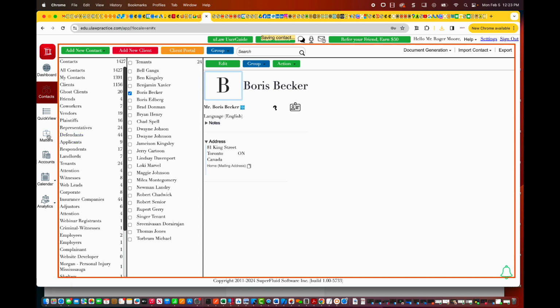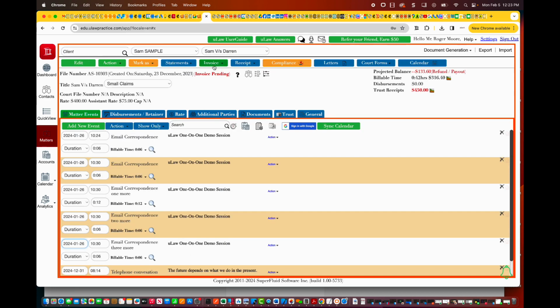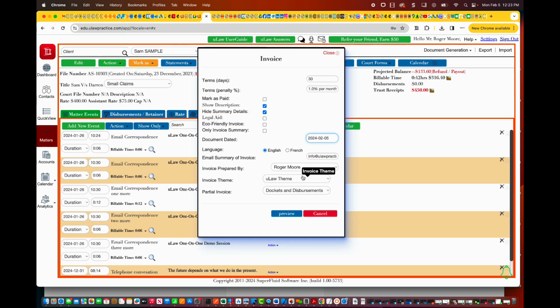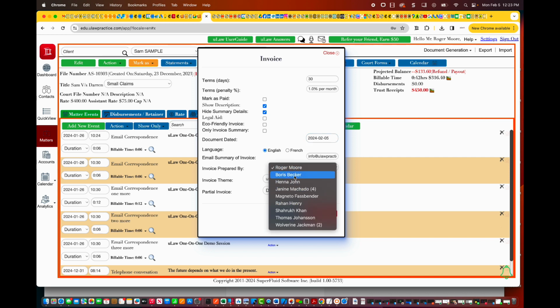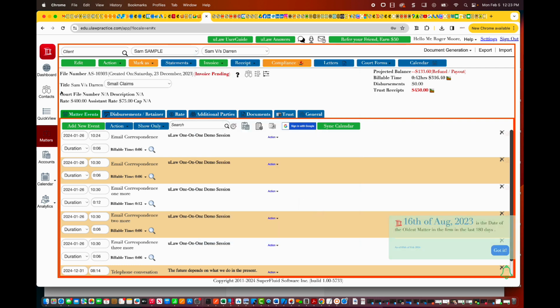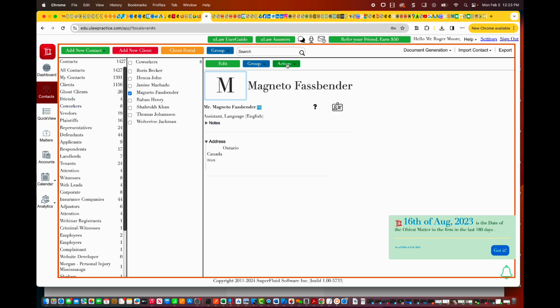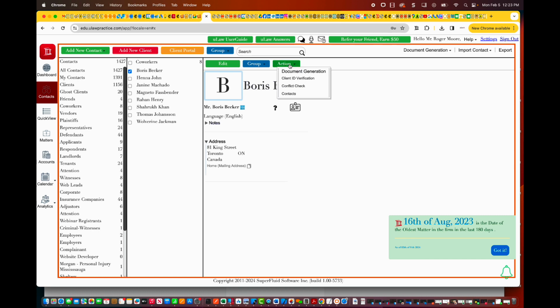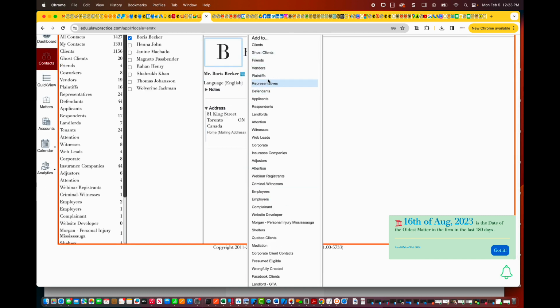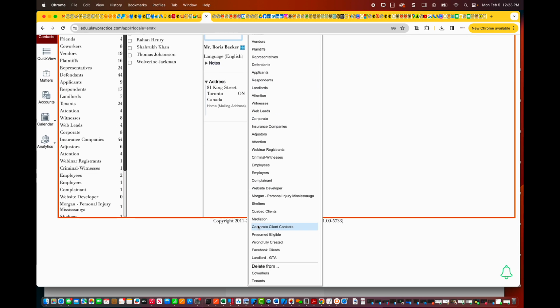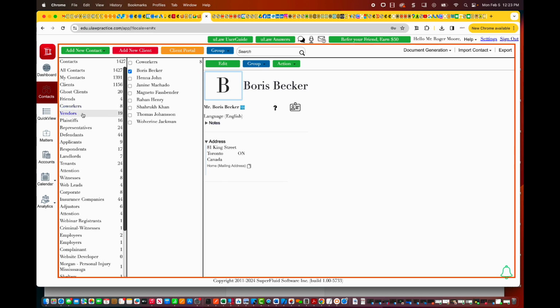The minute I do that, Boris Becker is now part of my coworkers. If I go back to the matter and do an invoice and a pre-bill, you will see that Boris Becker is right there, and I can select him. So for Document Prepared By and Invoice Prepared By, I need to add this contact as a coworker, and you do that by clicking on the action button, group button. Now you see that I cannot add him as a coworker, he's already added, and if I want to remove him, I'll go to delete and then I can delete it from wherever it is. But grouping them as a coworker helps you do the